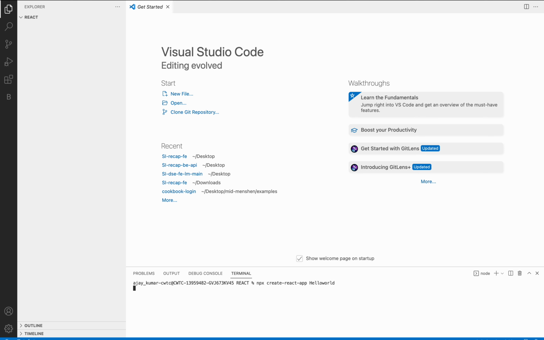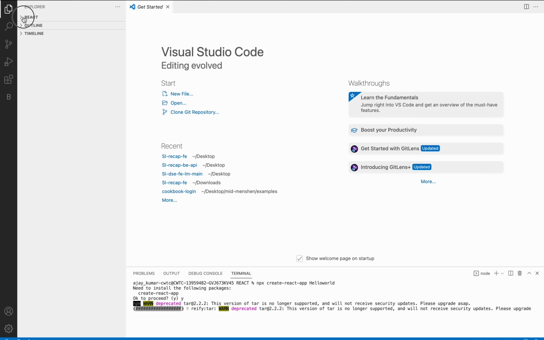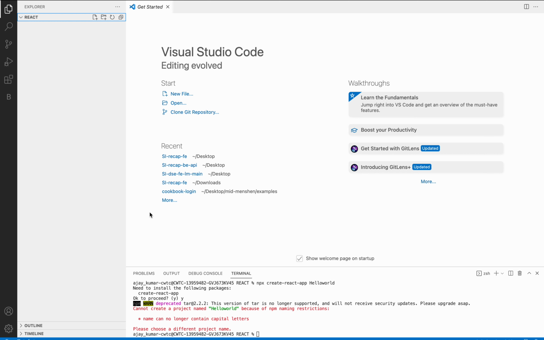If you execute this command, it asks to install the packages for create-react-app. Yes, for this. Now it is creating a React app from scratch. Currently you can see there is nothing in the React folder, but as soon as this project is created, we will get a different structure in this folder. Now we are getting an error: cannot create a project named hello world because of npm naming restrictions. So we have to use a different